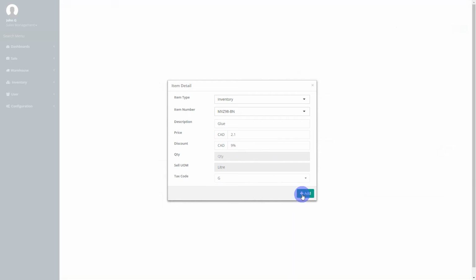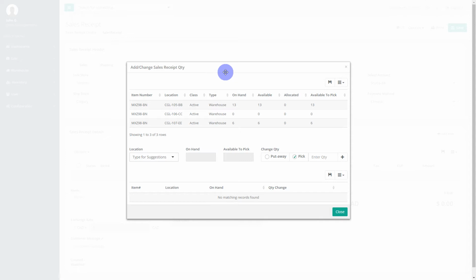Just click on add. And depending on whether you have the warehousing configuration enabled in your setup, you'll get this window. If you do, you'll see something like this, where you can select from each warehousing location where you would like to pick your item from. So let's say we wanted a quantity of 2 of this item, and suppose we wanted to pick from the first and third location. So I click the first location, put in 1 here,